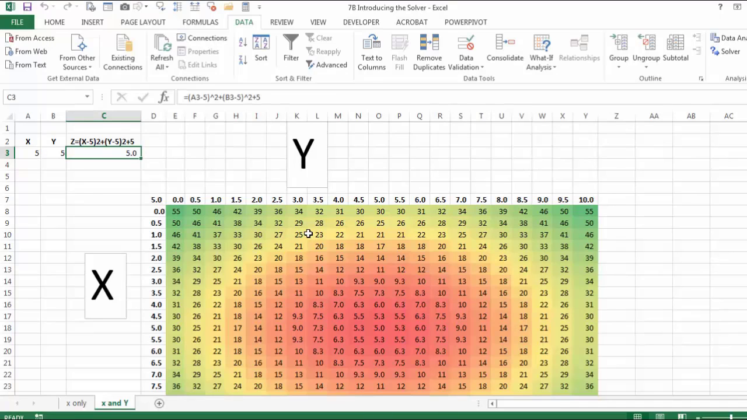So this is a more complicated example than the one we are going to use in the case study, but it's a good idea to be able to